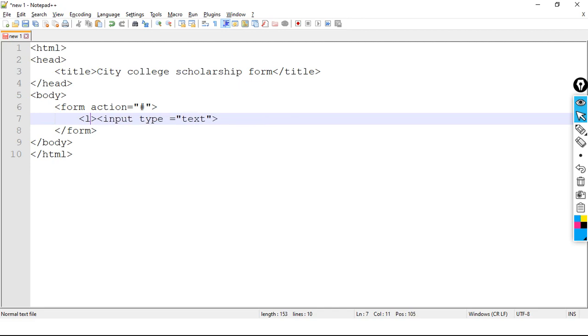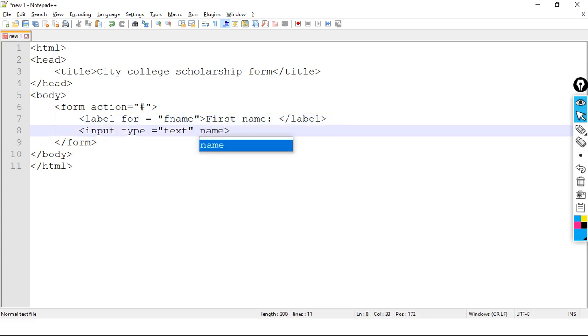But before that we need to have a label for fname, which means first name, then closing label, and the description of the label: first name. Then the name of the input text: fname, or we can take firstname.